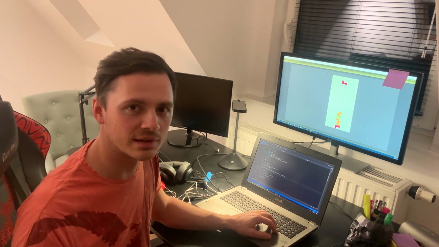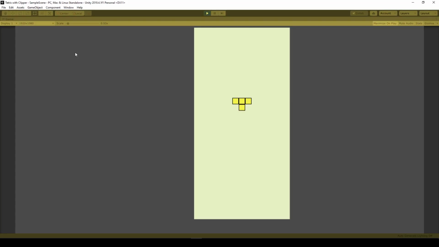Hello, let's make Tetris. But before we begin, here's a little showcase of what we are going to achieve today. As you can see, I'm controlling the blocks and there is this collision between blocks and the whole playing area. I mean, you can see, but I am pressing the left arrow button in order to move the block. The blocks are going in a